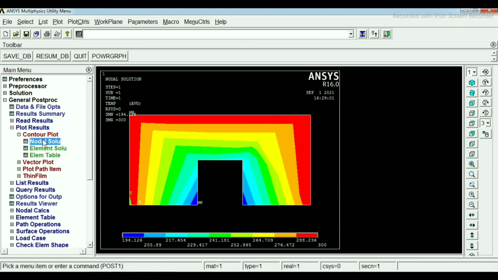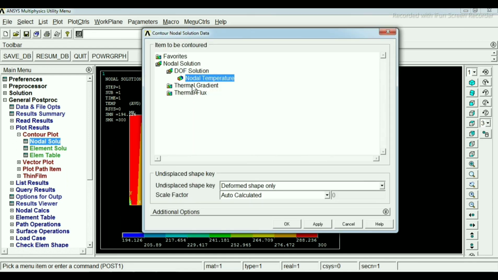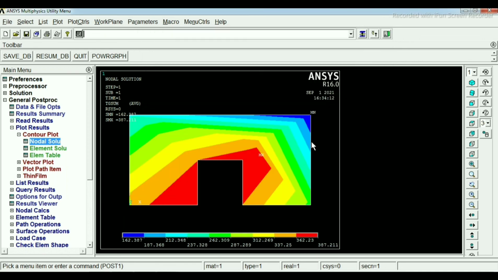Now click on nodal solution, then thermal gradient, then thermal gradient vector sum, and then click on OK. So this is the thermal gradient, and the maximum is 387.21.